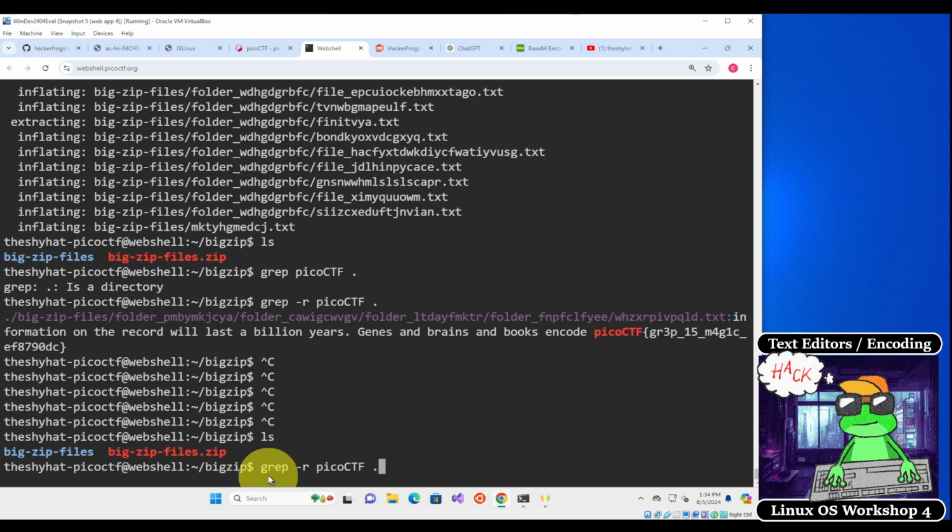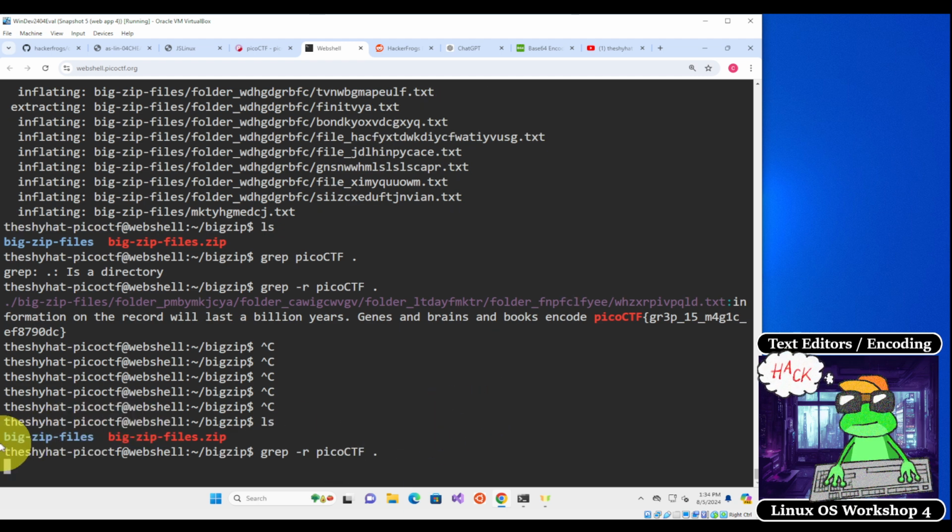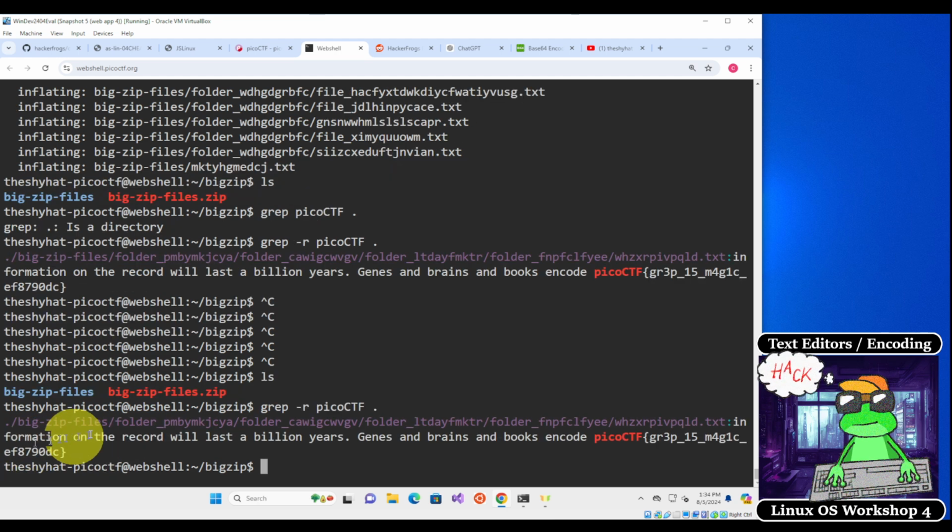But the command that you use to find this particular pattern right here is grep -r picoctf and then dot, and that's going to search all the files inside of all these directories over here, and then it's going to find the line that contains the pattern we're looking for, which is the flag over here. Okay. All right. So we're going to move on to the next thing that we're explaining today, and the next thing we're explaining today is